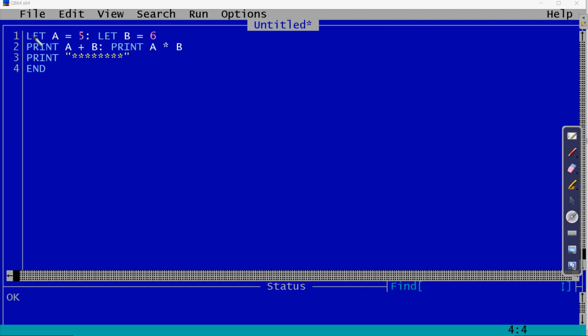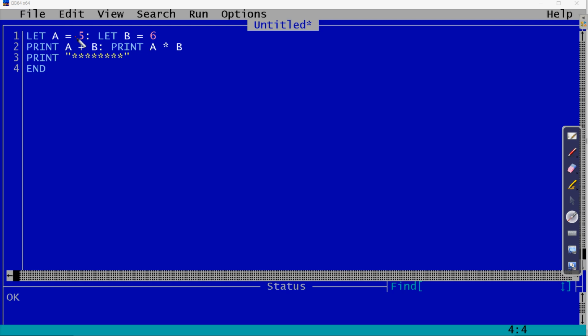So this is the use of the let command. Clear? While defining different statements and commands in QBasic, we have seen that the let command is used to assign any value to any variable. Clear? So here the value 5 is assigned to variable a and value 6 is assigned to variable b.